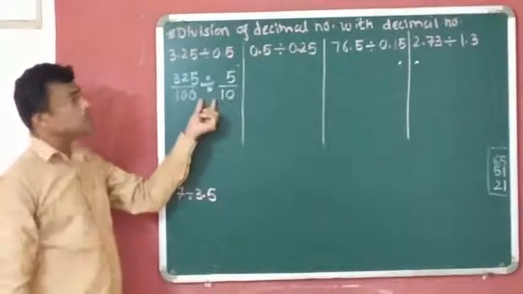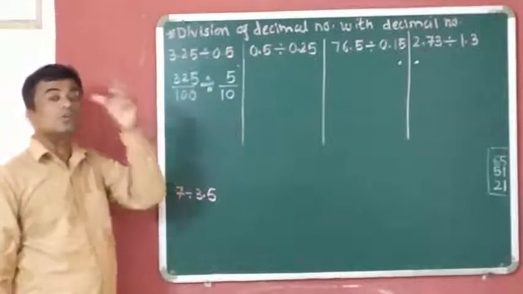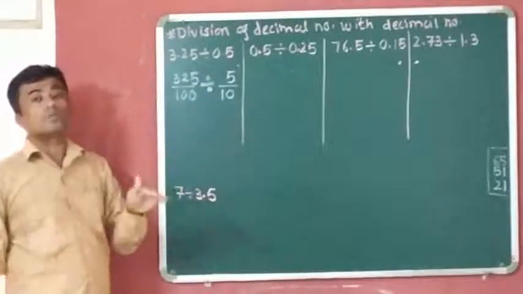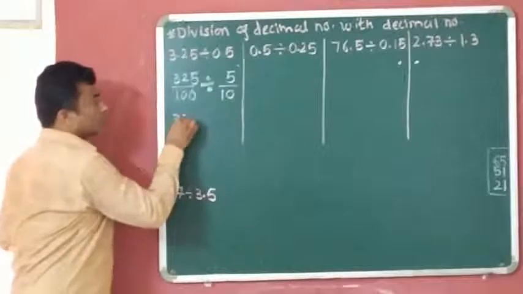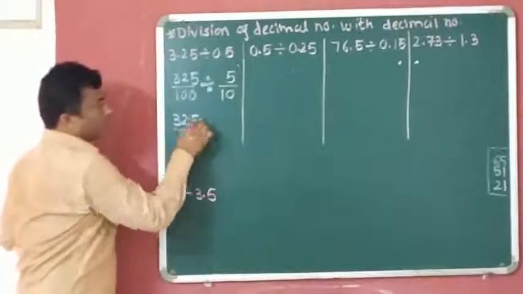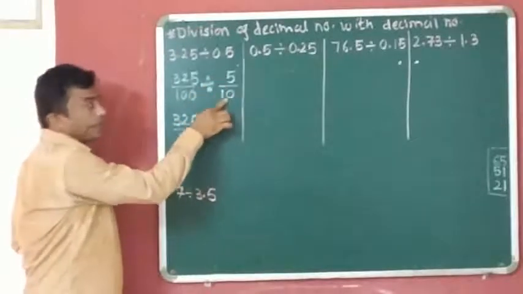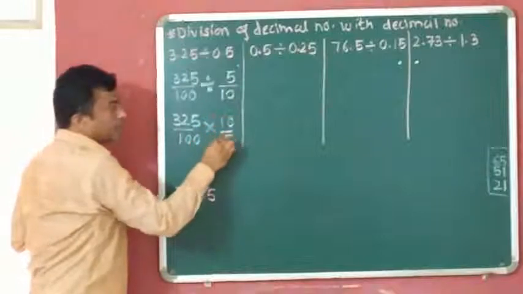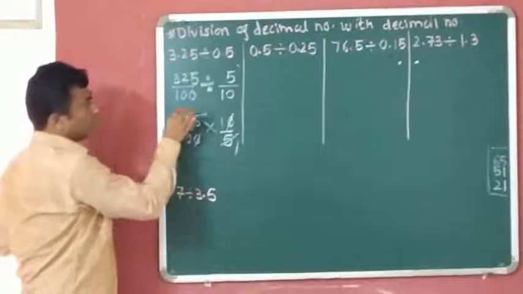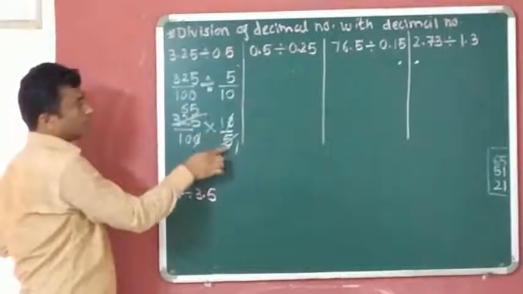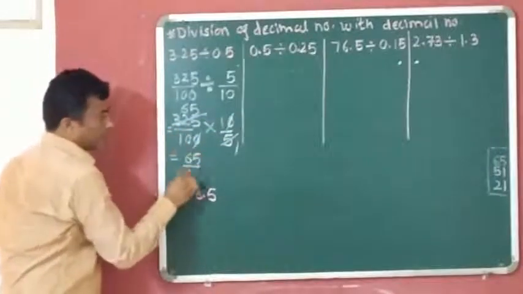It is the division of a fraction by a fraction. It means this divide sign we have to convert into a multiply sign. So we will take the reciprocal of the fraction which is after the divide sign. See here, 325 by 100, the divide sign I convert into multiply by taking the reciprocal of 5 by 10. The reciprocal of 5 by 10 is what? 10 by 5. This 0 cancels. Here cancellation is possible. Then 65 will come. 65 5s are 325. So 65 upside and downside 10.